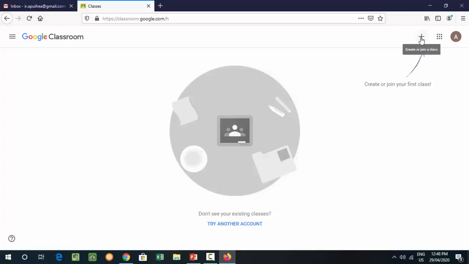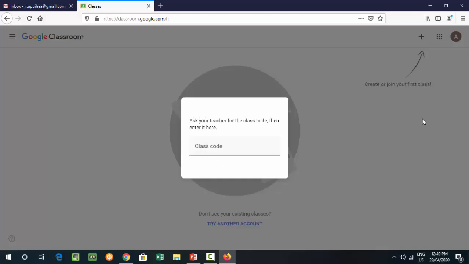So you will see this dashboard is coming. Now in this dashboard, this plus sign is coming over here. When you click over here, there will be two options. The first option is create a class and the second is join a class. So let's say I want to join a class. I click on the join class option, and you will see the computer will ask you for a class code. So simply you have to paste the class code over here. As you have seen, I have pasted the class code of this particular class of Bachelor of Computer Science, and I click on the join button.